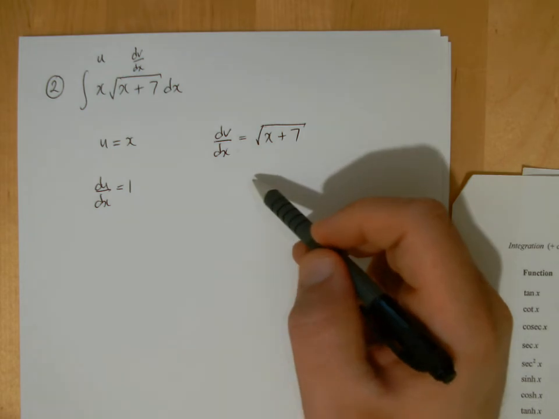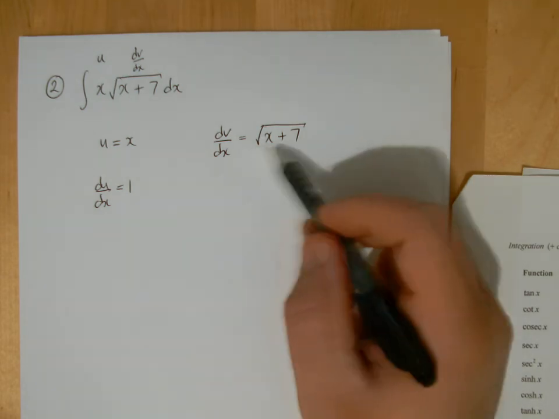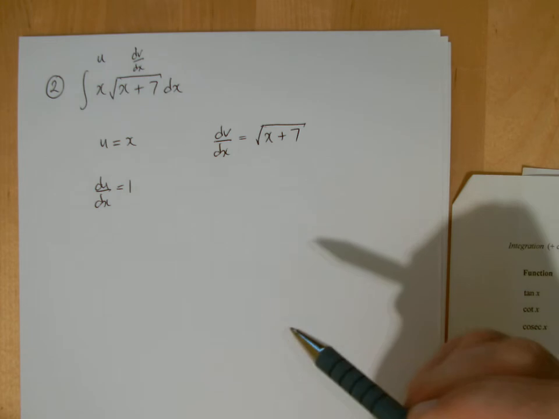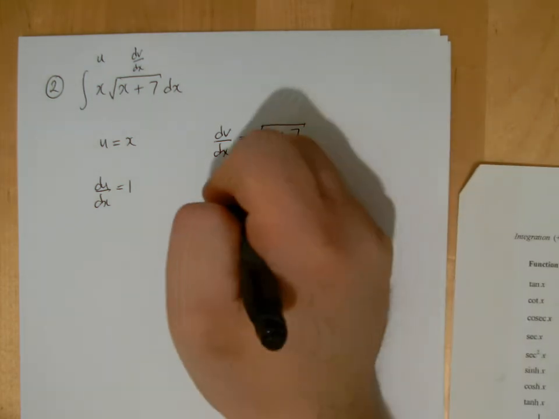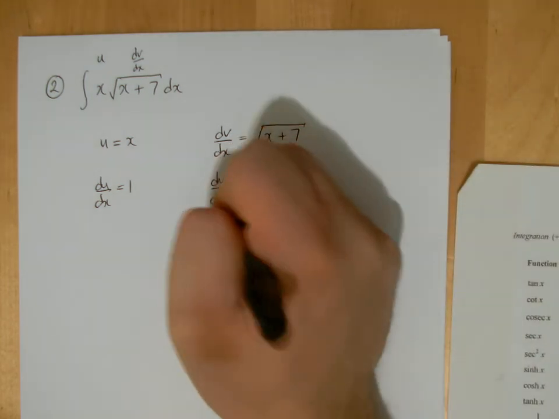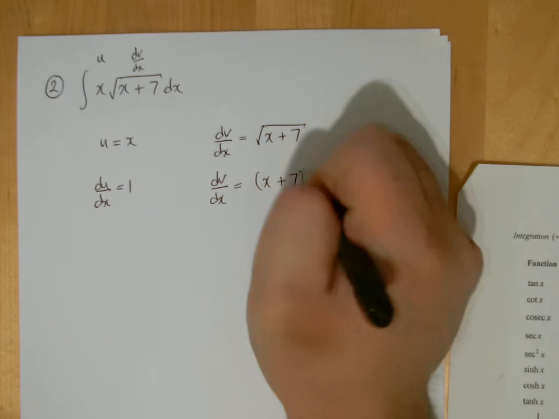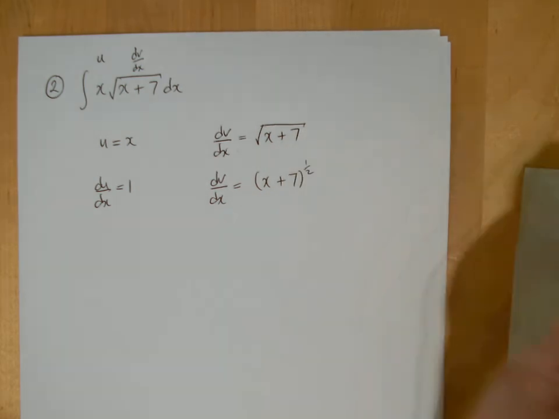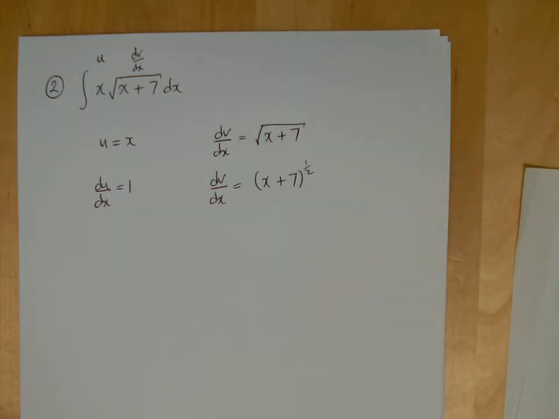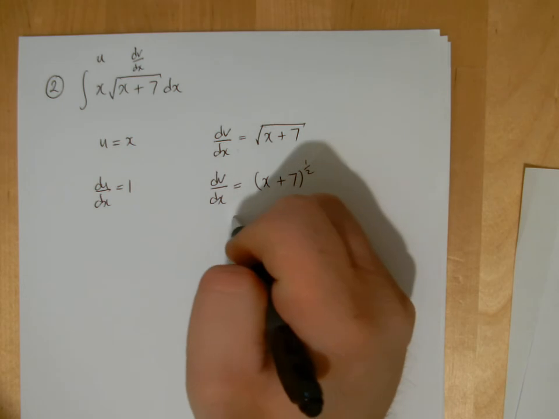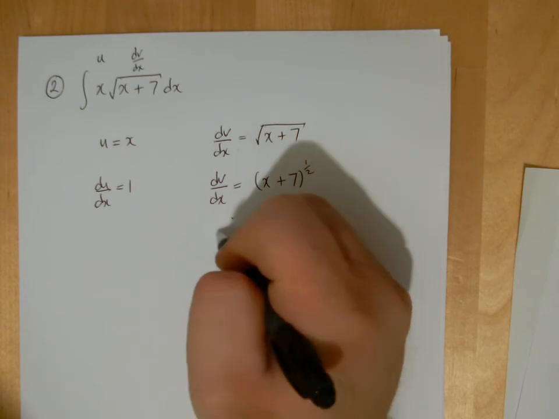Now of course before I integrate this, I need to get this into a form that's more useful for me. So perhaps I'll rewrite this to start with, dv dx as bracket x plus 7 to the power half, yeah, because that's what the root is. Then we can integrate it. Okay, so to get v,